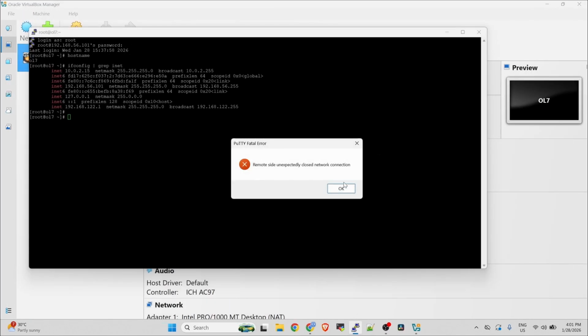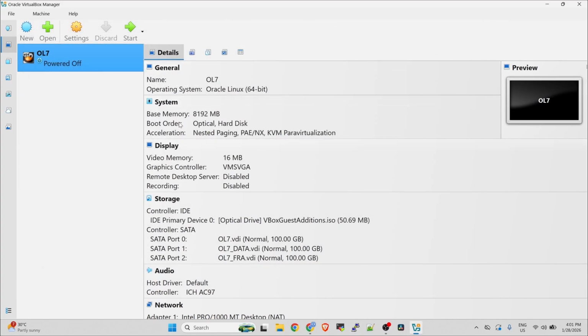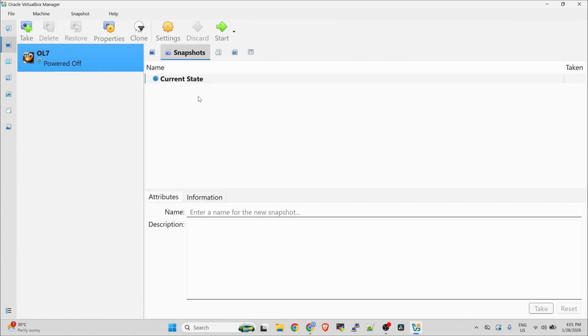That way, we can go back and load it, because the snapshot is like a save point where we can clone that specific snapshot, or we can go back if we wanted to try other things.